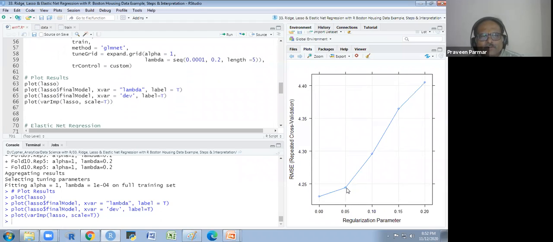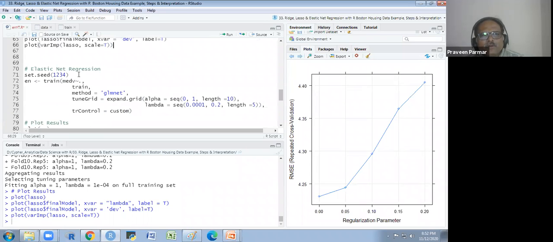I will show you. Lambda is 1 into 10 to the power minus 0.4, that is near about 0. Near to 0. Got it? So lambda should be 0 here.